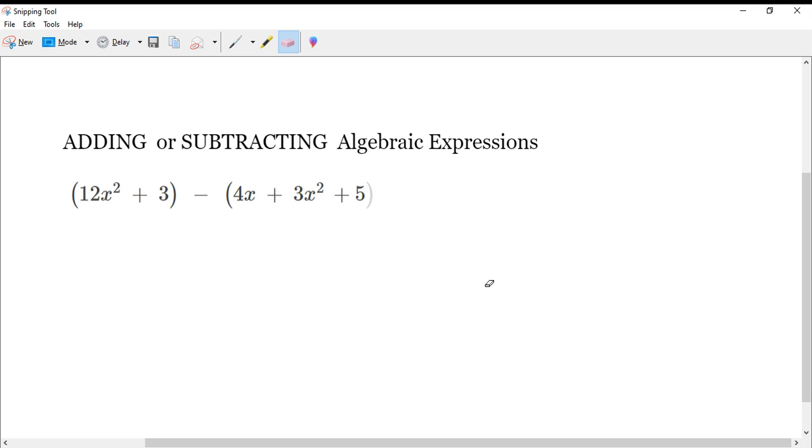This is question number one. We're doing adding or subtracting algebraic expressions, and you would know it's adding or subtracting because you see this one parenthesis right here, another parenthesis right there, and there's a subtraction sign in between. So this is a subtraction part of